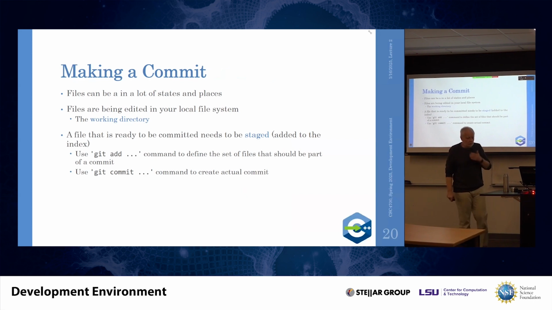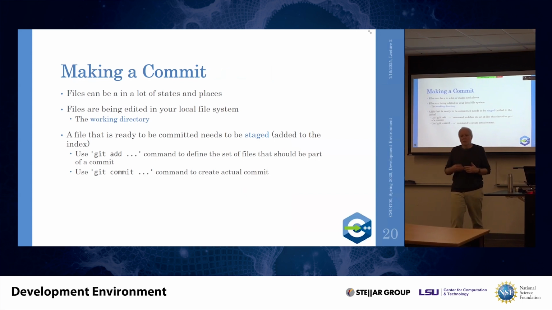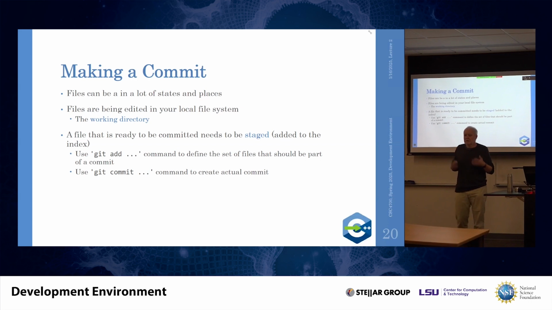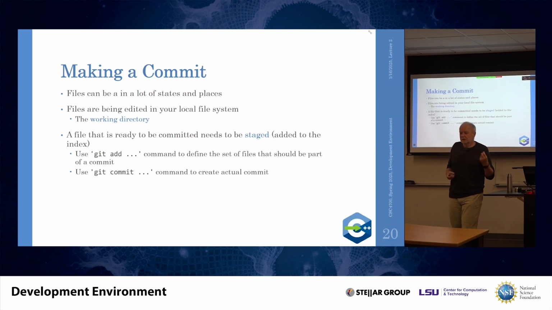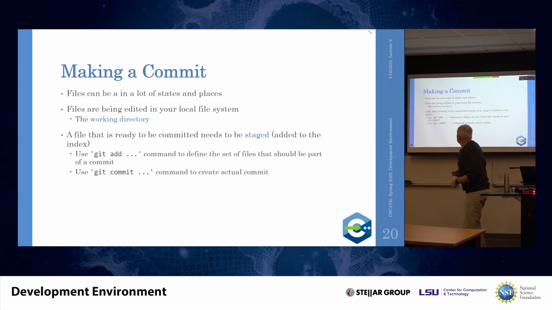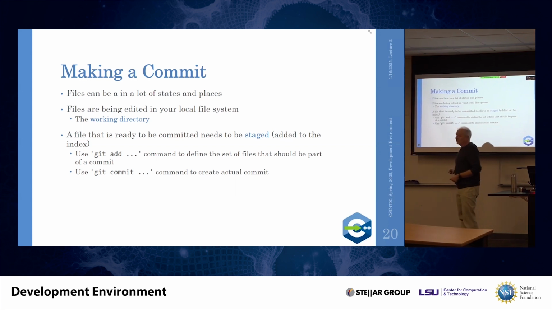Another thing in Git, and that is a bit confusing sometimes, is that a file can live in certain phases. It goes through different phases before it ends up in the database. Because you have your files on the working directory. When you're editing your file and you're working on it, then it lives only on the working directory. It's not in the repository yet. In order to get it into a repository and to commit it, you have to do two things. A, you have to stage the files you want to commit, and then you have to do the commit itself. Staging, if you use a command line, is done with git add, and committing is done with git commit.